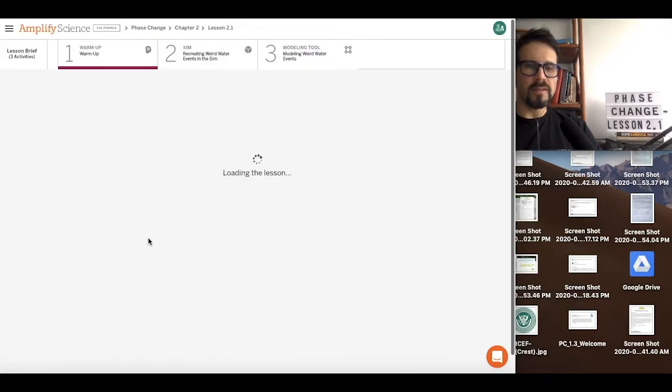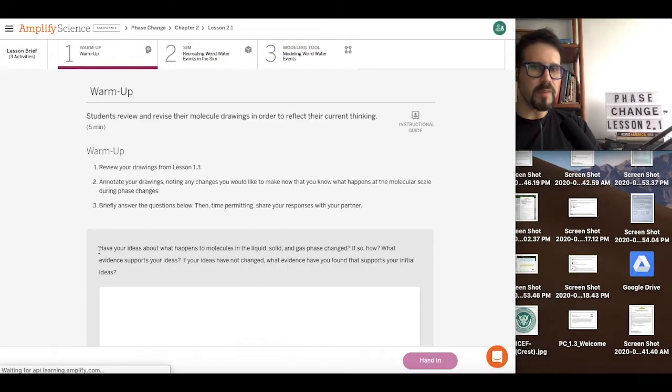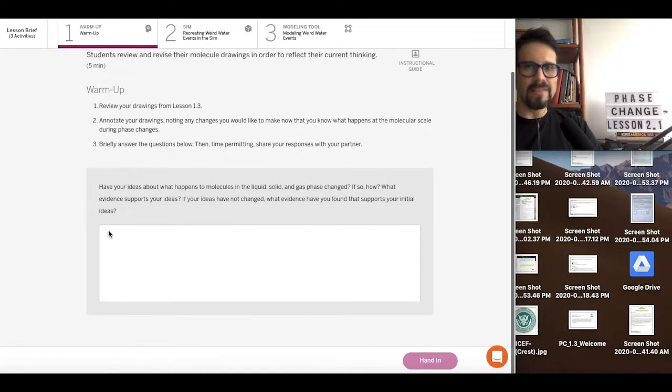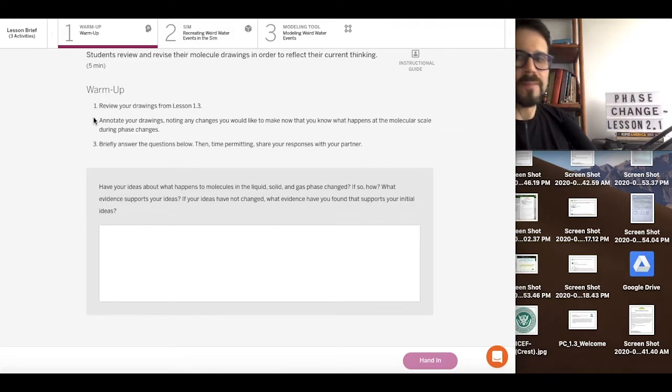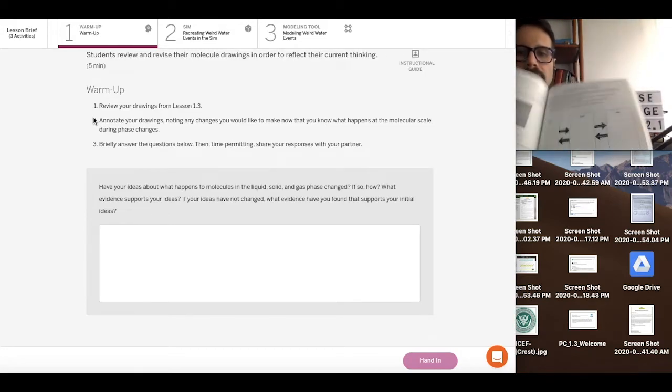So it's a good idea to begin with your warm-up and spend the first couple of minutes getting into the lesson. So we are going to review our diagrams from lesson 1.3. If you're working out of your workbook, you probably want to go all the way back to page 13. Let's give you a look at that. You have what looks like this,